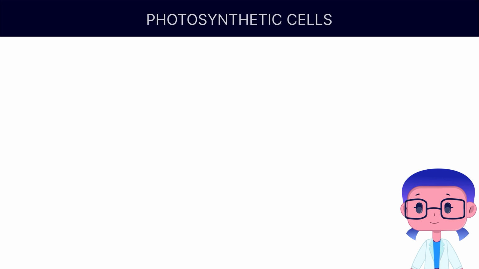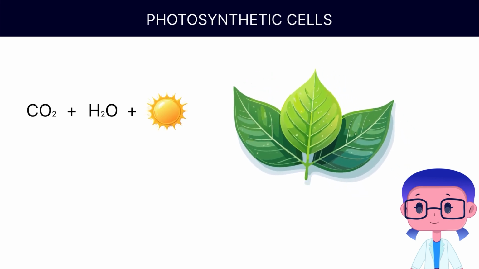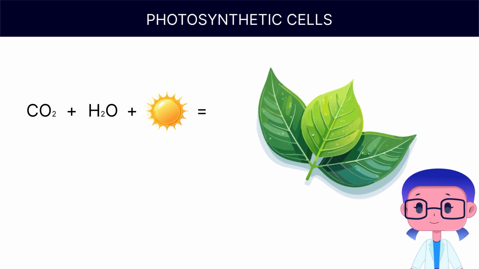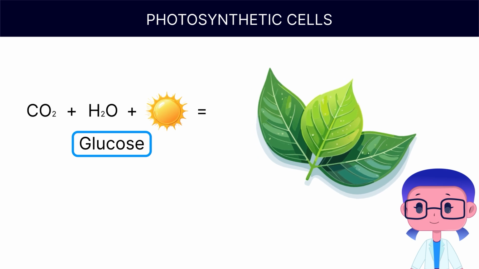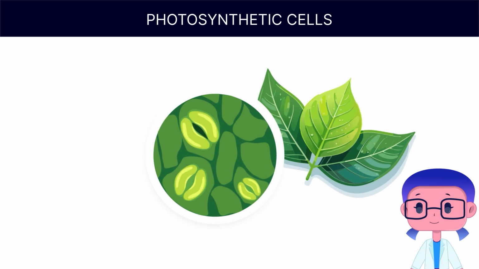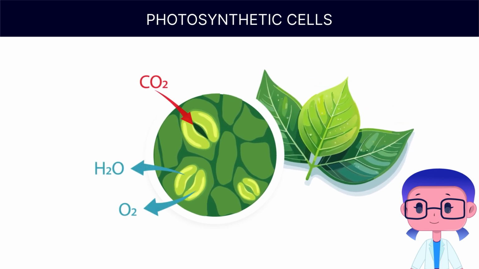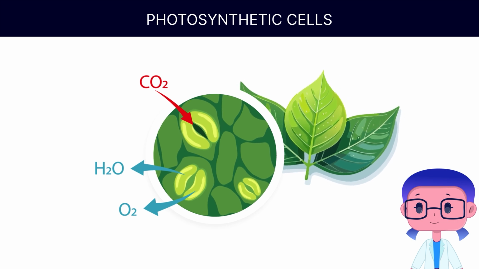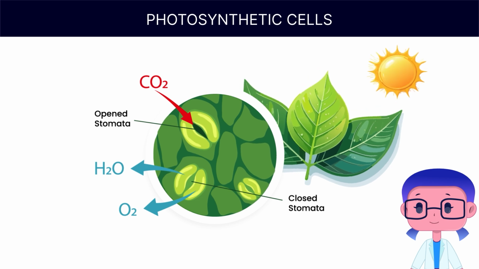By acquiring carbon dioxide, water, and sunlight, photosynthetic cells create a sugar molecule called glucose that is used to generate ATP during cell respiration when it is broken down. Water is received through the roots with the process of diffusion. Carbon dioxide is received from the atmosphere through structures in their leaves called stomata, and sunlight is received through organelles